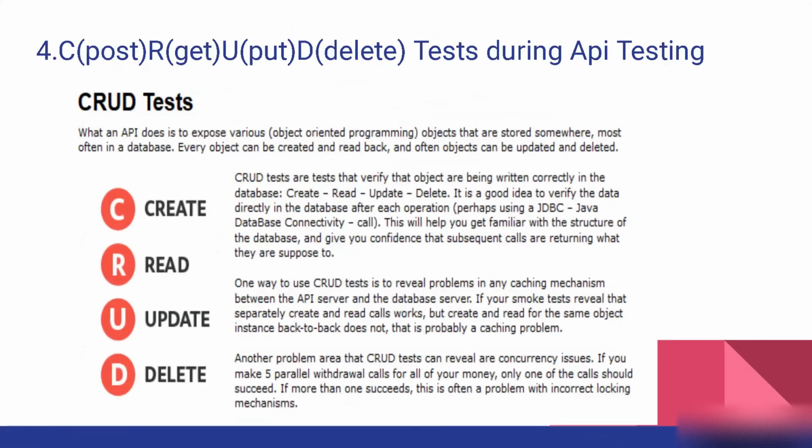Okay, and one more thing in that. We'll talk about method types in the meantime. But method types are used like this. Let's say if you want to hit a create statement, you can hit it with POST. If you want to hit a read statement or select statement in the database, you can hit that with the GET method type. If you want to hit an update statement, you can do that with the PUT method type, and similarly DELETE for delete.